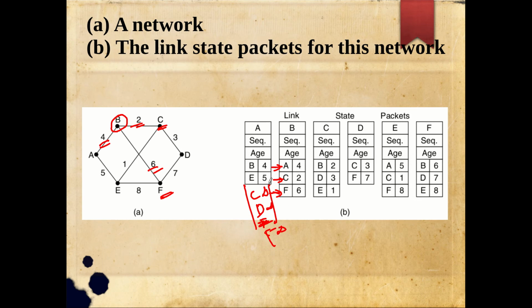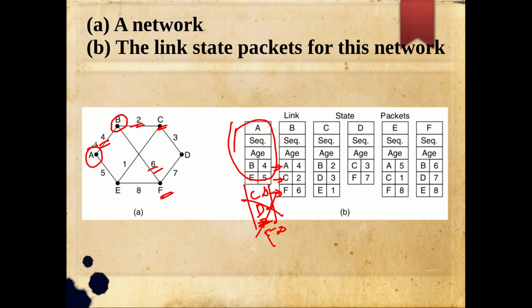But here it is not like that. These things were not there. Instead the link state packet contains information only about the neighbors. Now in distance vector routing, once we have this kind of distance vector table, it's a column, only this distance vector alone we will communicate with the neighbors only. But here this link state packet will be communicated to everyone else. A will pass this to B, C, D, E, F. Similarly B will pass to everyone, and after one iteration everybody will get link state packets from everyone else.